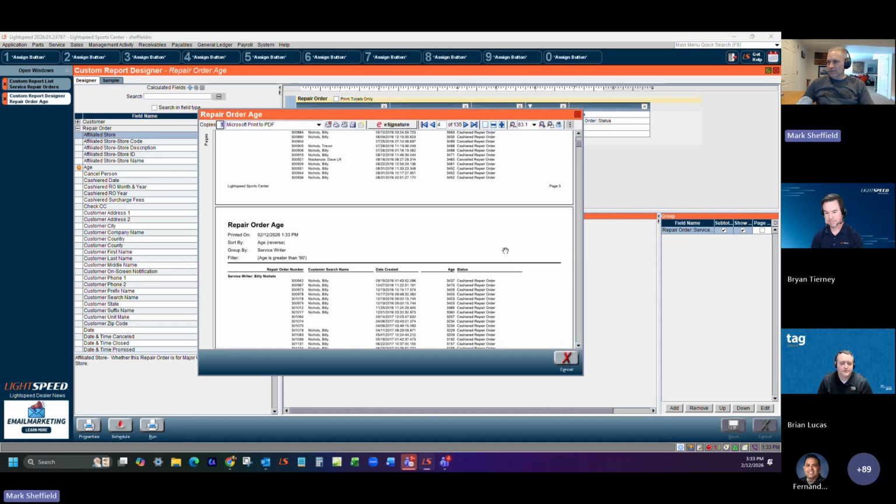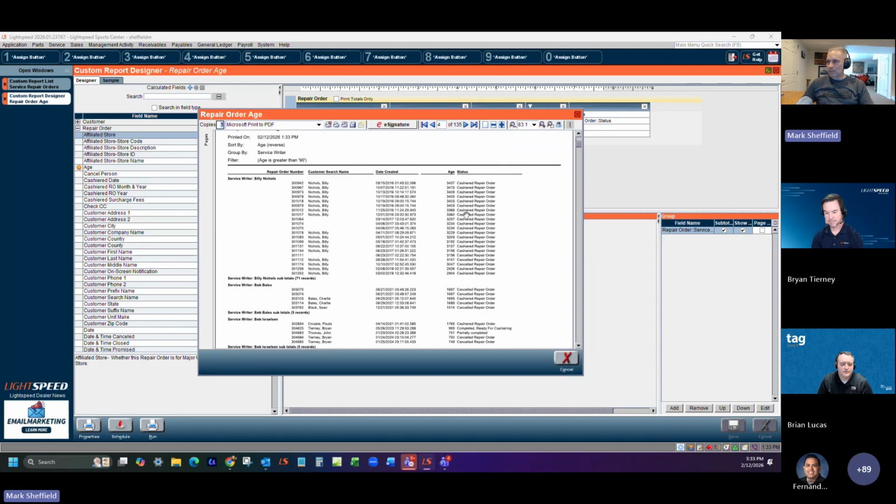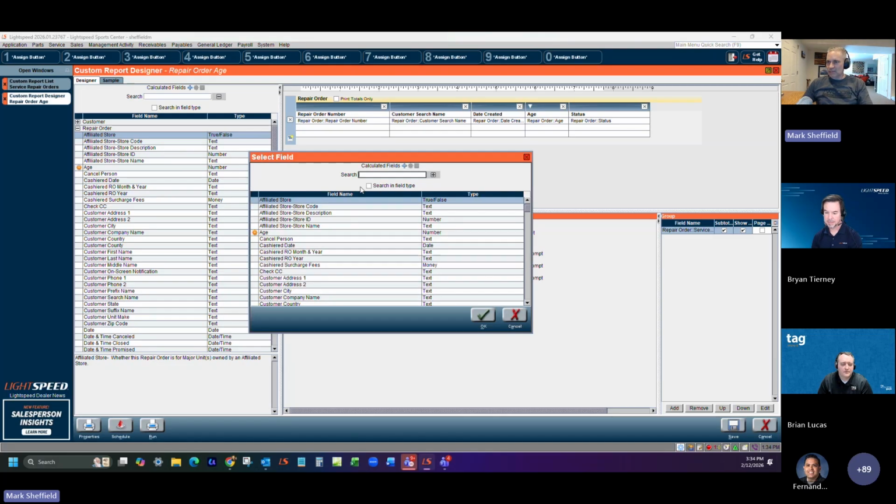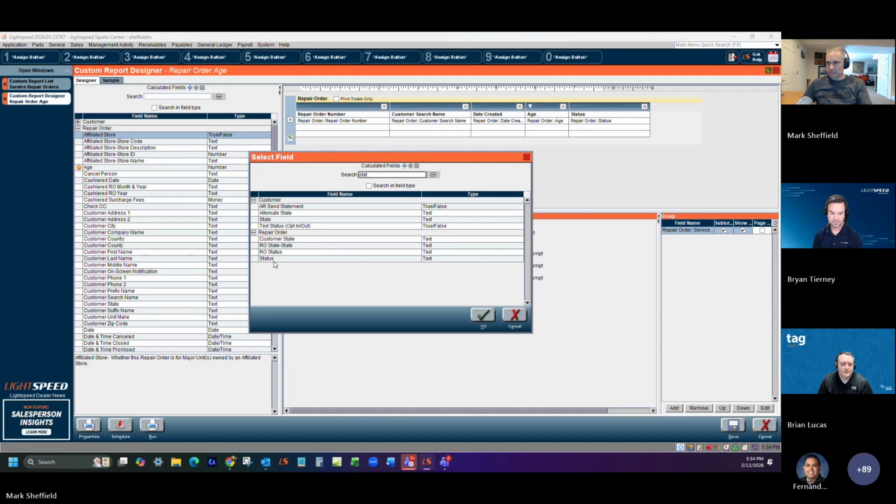So you can see what those different types of repair orders are. Now, we may not want cashiered repair orders there, and we may not want estimates. So what we can actually do is create a subgrouping down here. I'm going to add a couple of these, and I'm going to drag this one down in here as well so that I can recycle it. And if I search for status,